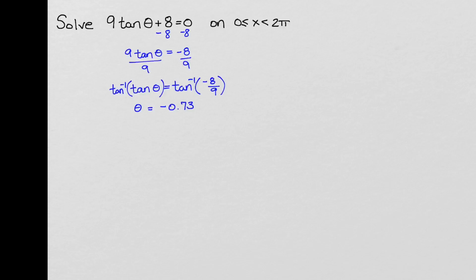So we know that the tangent is equal to a negative value, and so we wound up with theta equals negative 0.73. And so what is it that I have to do with that? I'm going to change it because I am only allowed to have x between 0 and 2 pi, and this is a negative. It doesn't work. So if I were looking at negative 0.73, which is in quadrant 4,